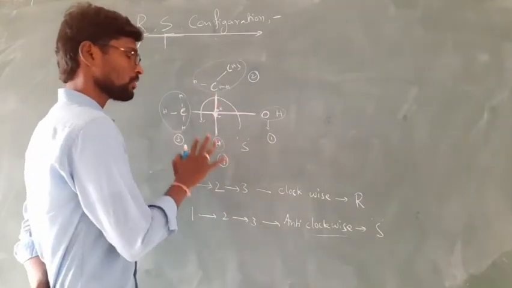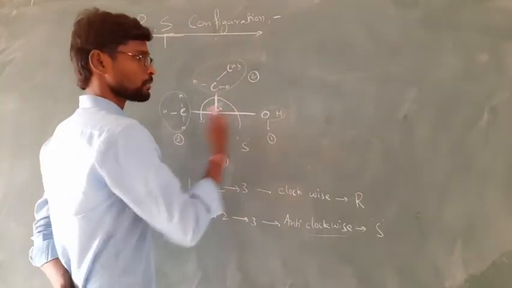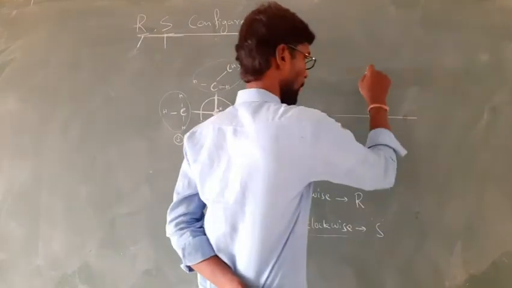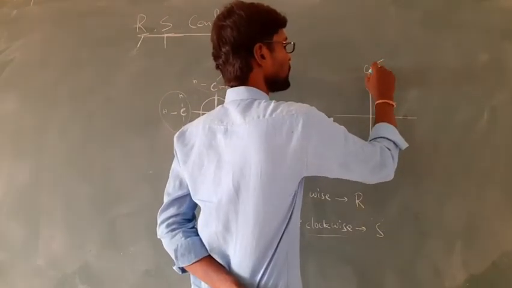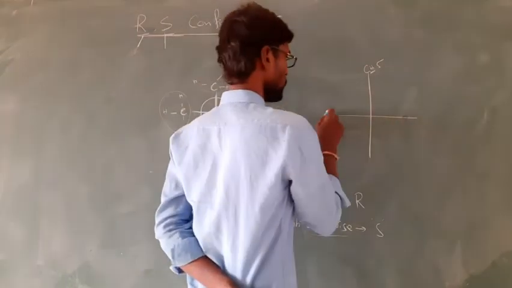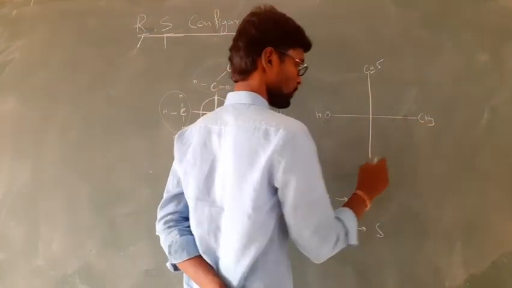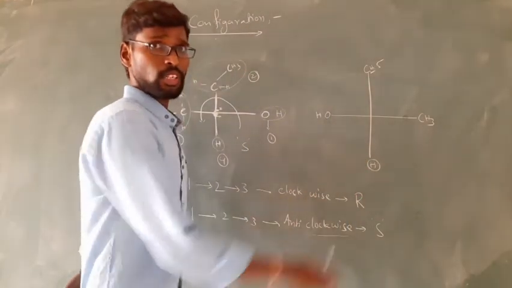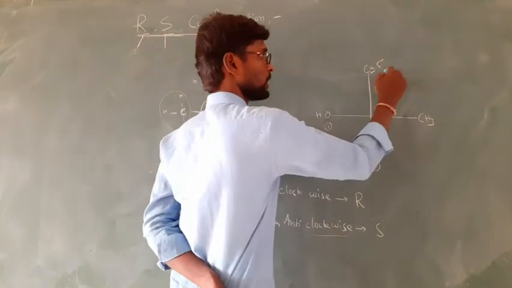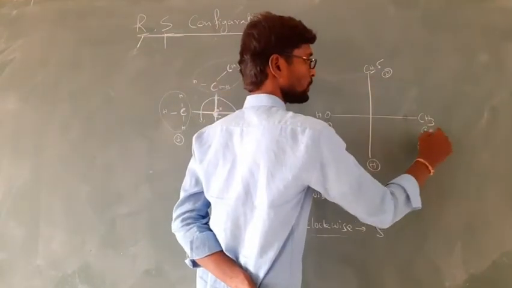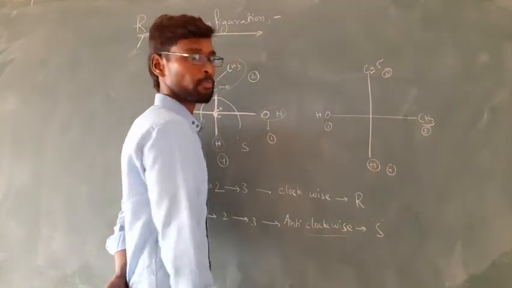Now, what is the R configuration of this molecule? Now we will see. So I am taking a mirror image of this molecule again. Now this is C2H5, and this is OH here. This is CH3, and this is H. Now again see, I am giving numbers. This will get first number, and this will get second number. This will get third number, and this will get fourth number. Hydrogen, the least priority, is the fourth number.